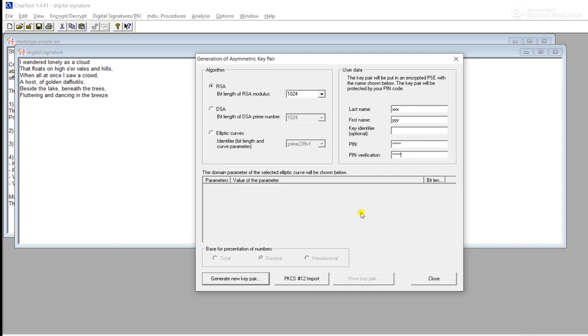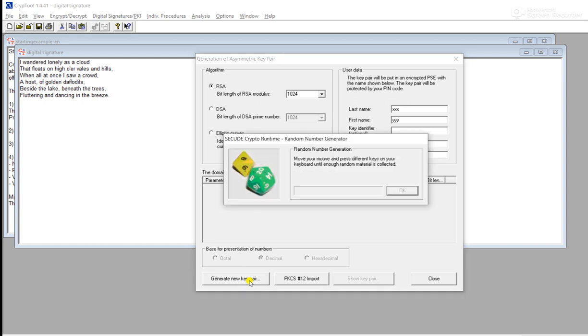Now this key pair is generated with the help of two large random prime numbers that are selected, and this algorithm is applied. Whatever algorithm you have selected is applied on those two large randomly selected prime numbers, and then you will get a key pair. So I will click on generate new key pair.